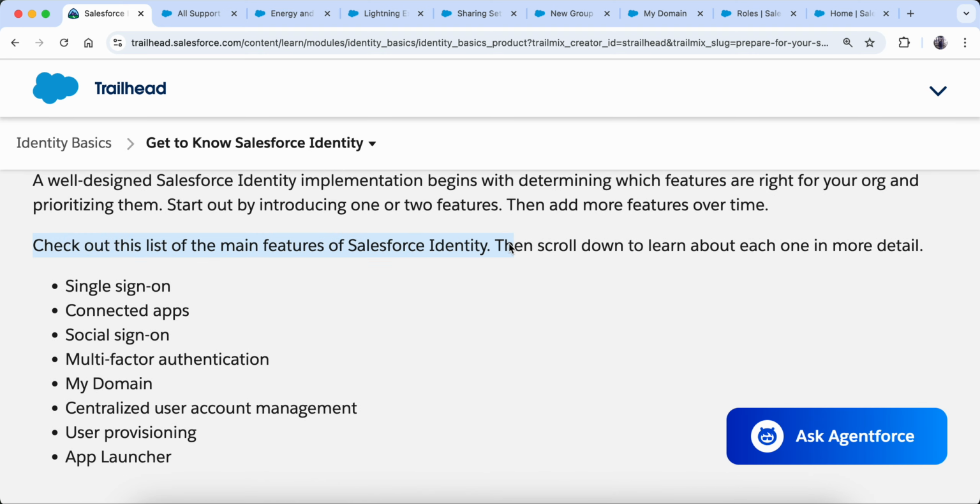Now I am going to discuss the main features of Salesforce Identity. These features are very important, and there will be one or at least two questions from here in the Salesforce admin exam, where sometimes they will just give three names and ask which is not a Salesforce Identity feature, or sometimes they give you a definition of, suppose, connected apps, and you have to mark which one is correct.